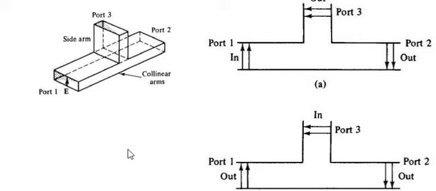Guys, today we will discuss the topic of microwave junctions. Waveguide junctions are used when power in a waveguide needs to be split or some extracted. There are a number of different types of waveguide junctions that can be used, each type having different properties.